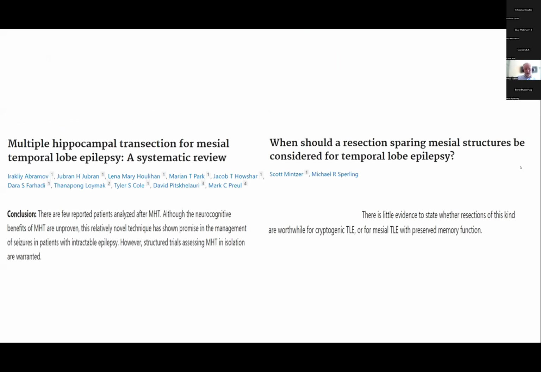The major series on hippocampal transection came from Japan, and they reported a fairly good seizure outcome, not as good as in a conventional corticoamygdalohippocampectomy, but with much lower cognitive decline than hippocampal resection. So this would be one of the procedures you could think about when trying to avoid cognitive decline after dominant temporal lobe resection. The other is